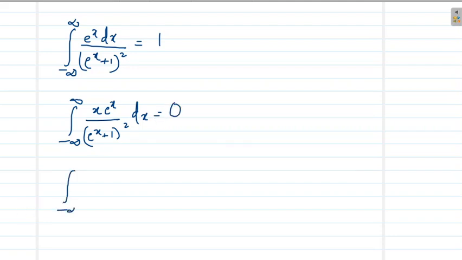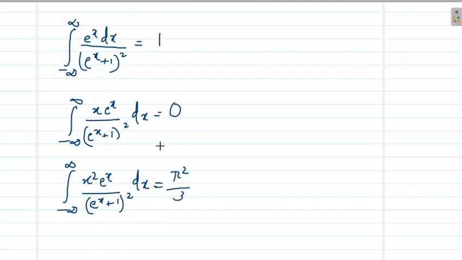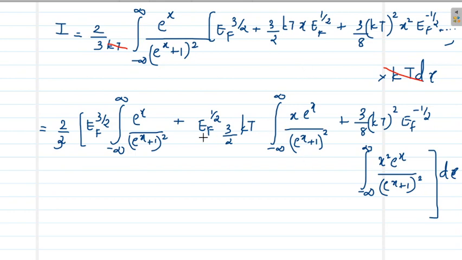And the integral from minus infinity to infinity of x square e^x divided by (e^x + 1) the whole square dx is pi square by 3. So we can substitute for this integral with these constant values, and finally we will have I equal to 2